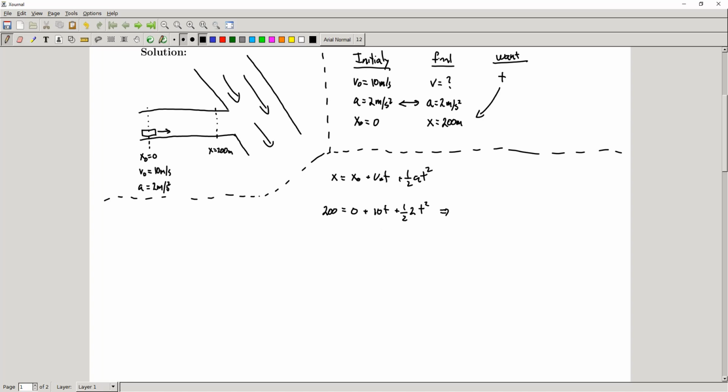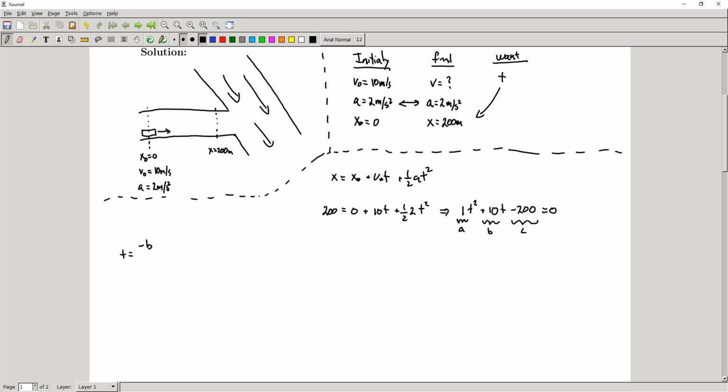We can simplify the coefficients, so it's going to be 1 times t squared plus 10t minus 200 equals 0. If we call this a, not acceleration, but the a that we're going to use in our quadratic formula, and we call this b, and we call this c, then we know we can solve for t using the quadratic equation,